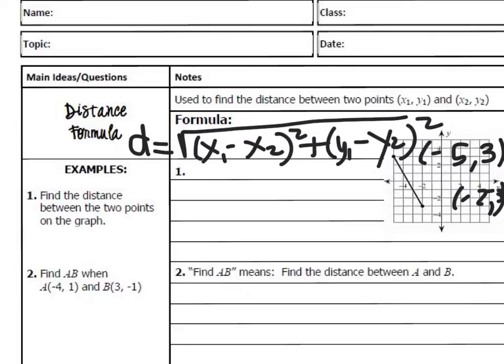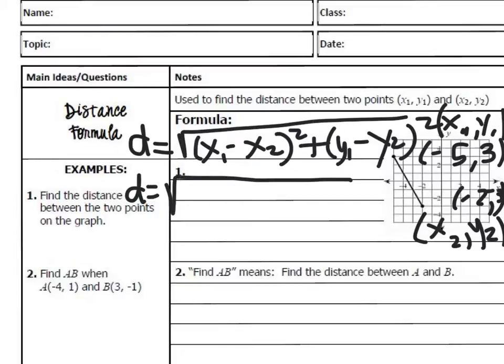Now you want to label these points, and it doesn't matter which one you call x1, y1. I'm just going to choose the one up here at the top, and the second one is going to be x2, y2. Then you just plug it into the formula. Since we have the formula written up above, we're not going to copy it down again. We are just going to say x1 is -5 minus x2, which is -2,